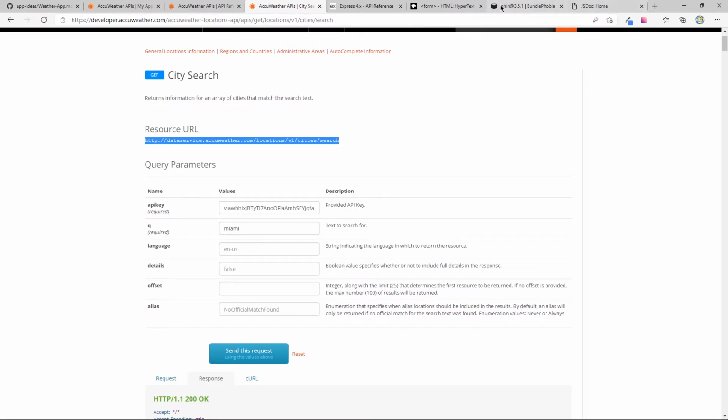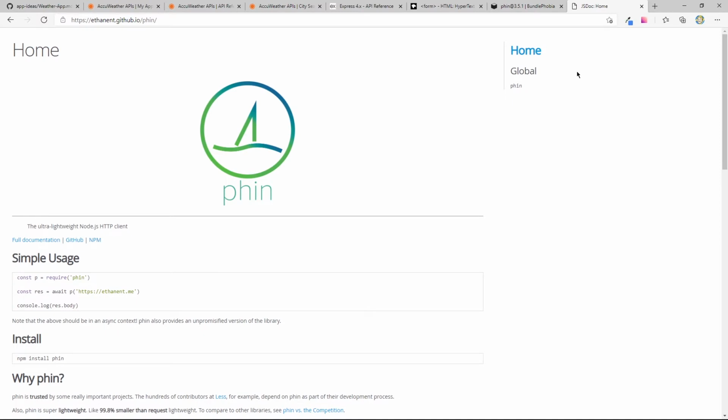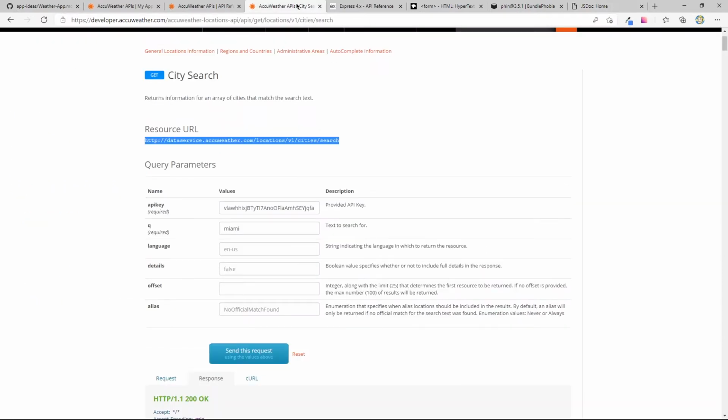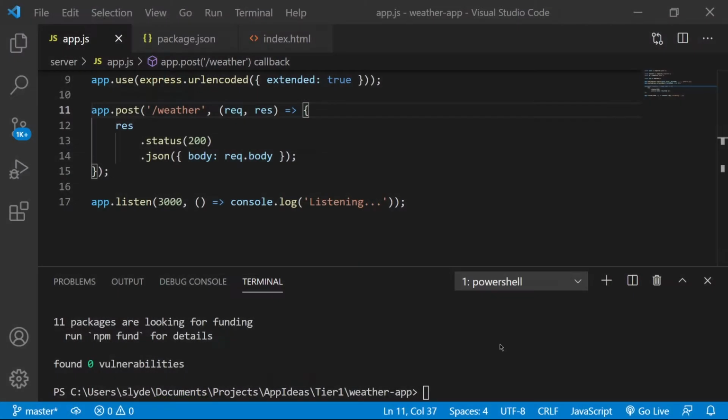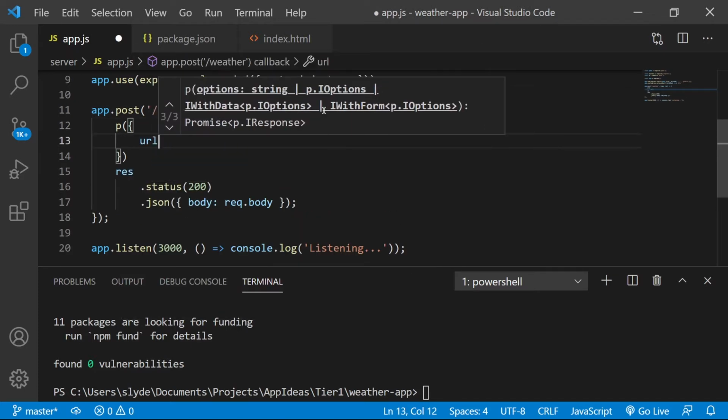And I think we go back to fin here. Oh, interesting. Anyway, pass in an object that includes a URL and a method. So let's do that. Yeah, get city search. Okay, let's go back to the code. So we want to use fin, pass in a URL.